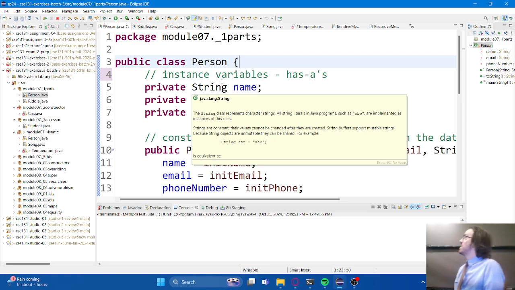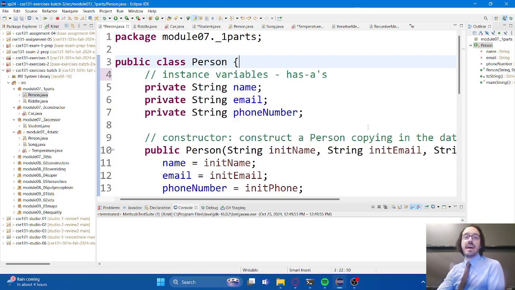As an example of something that maybe doesn't quite work out so well, if you said, person has a tail or something like that, right? That's obviously not what we would expect a person to have. Or if we say person has a jumping jack, right? Like, well, jumping jack, that's a verb. That's something we do, right? So that's not an instance variable. Things that are actions don't belong here.